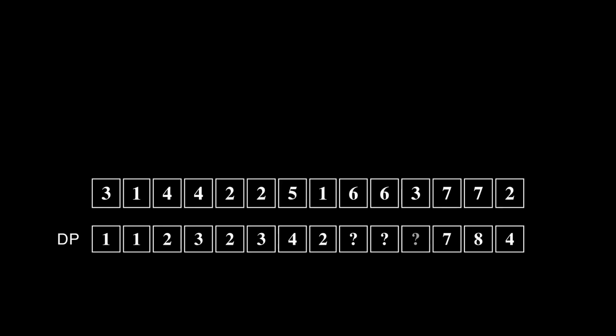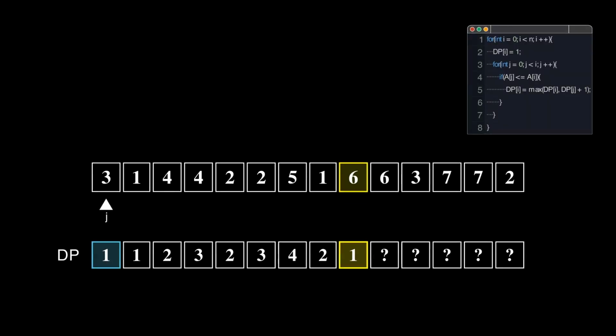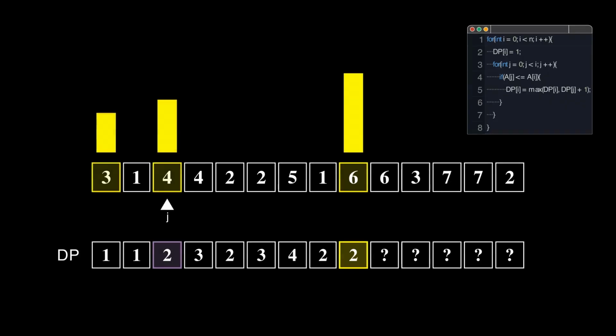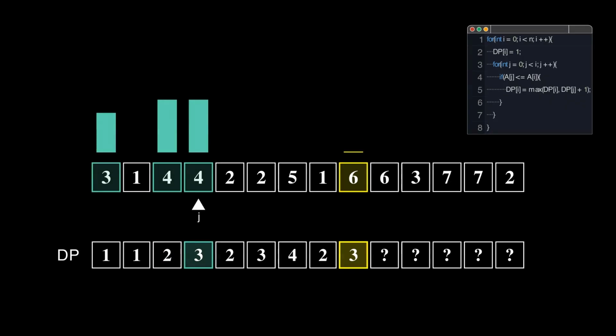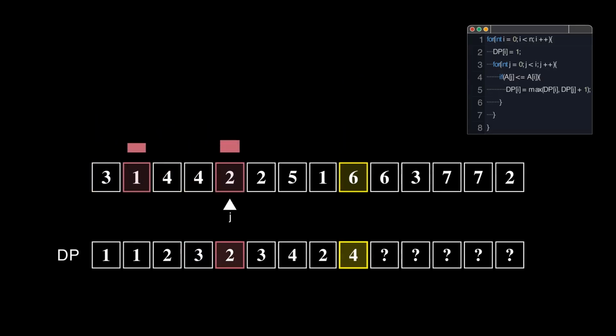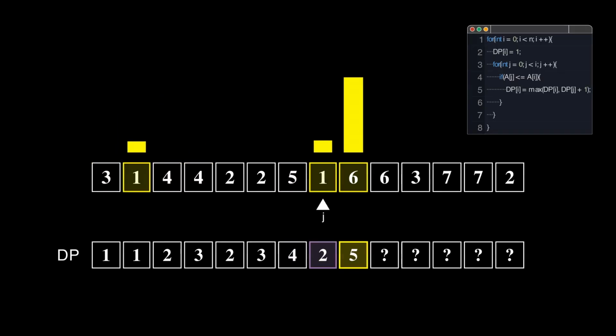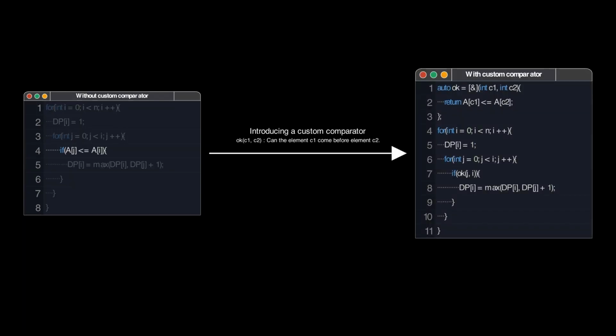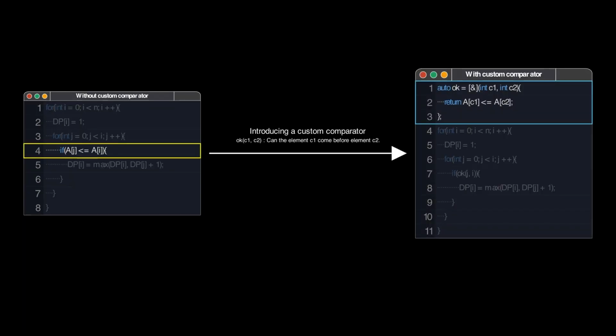Now let's see how we can calculate DP[i]. We would assume that we have calculated DP values for each position before i. Now the trick is to consider element j that can come before i. Since we know the length of the longest increasing subsequence ending at j, we can combine that to get a new increasing subsequence ending at i. We do this for every j and keep the maximum length found so far in DP[i]. I want you to notice that we can write our own custom comparator such that we can tell if j